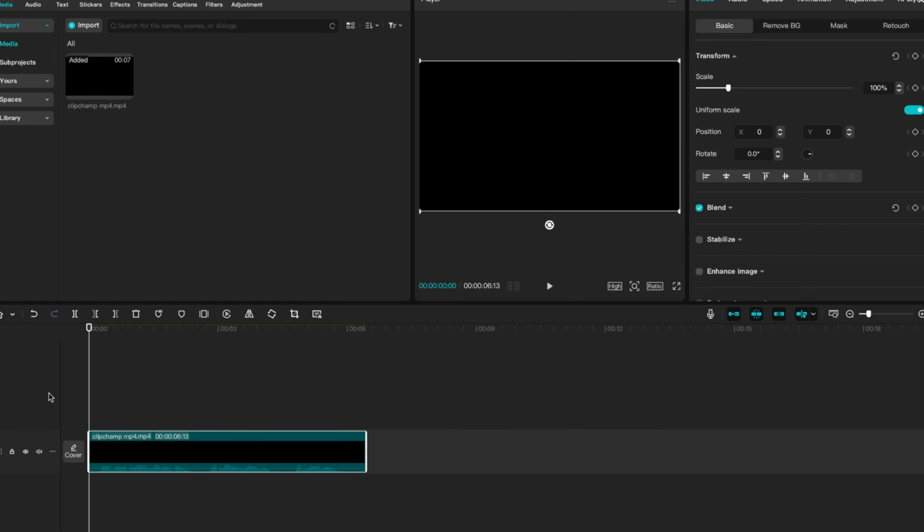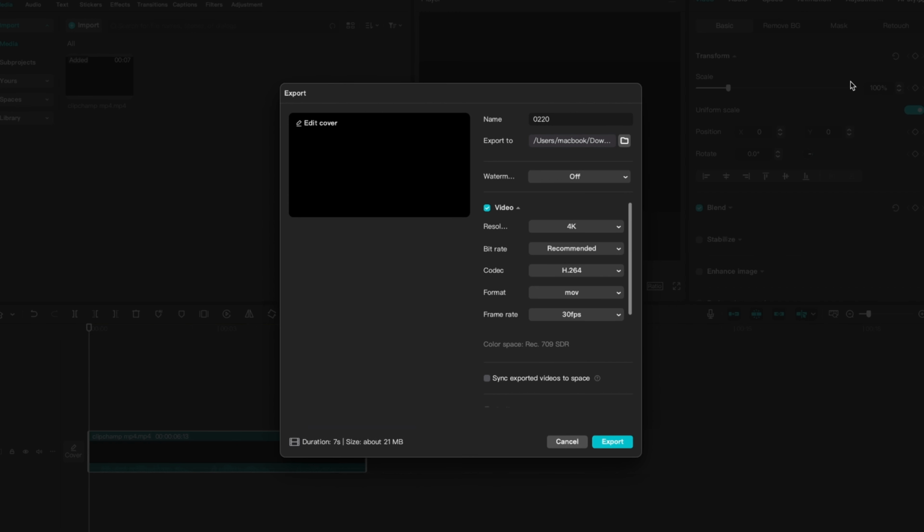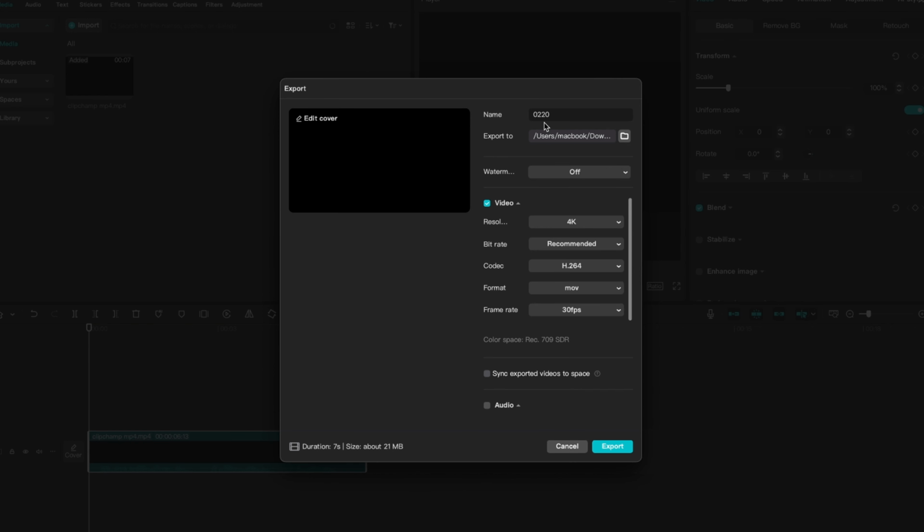What we are going to do is just click on export. You can name the file. Then instead of downloading it like this, just click on audio,